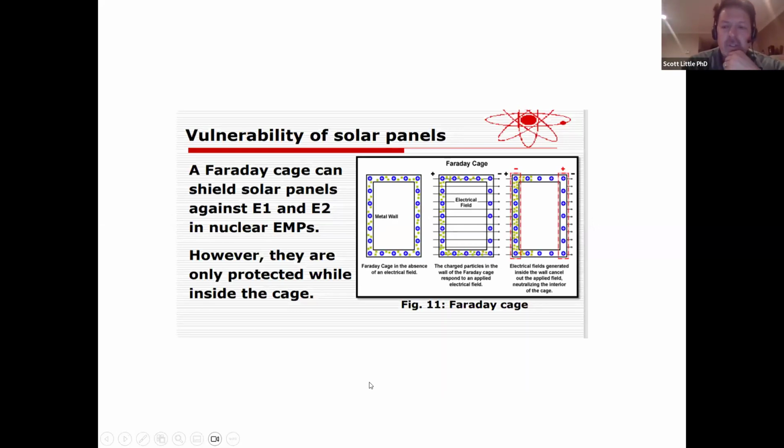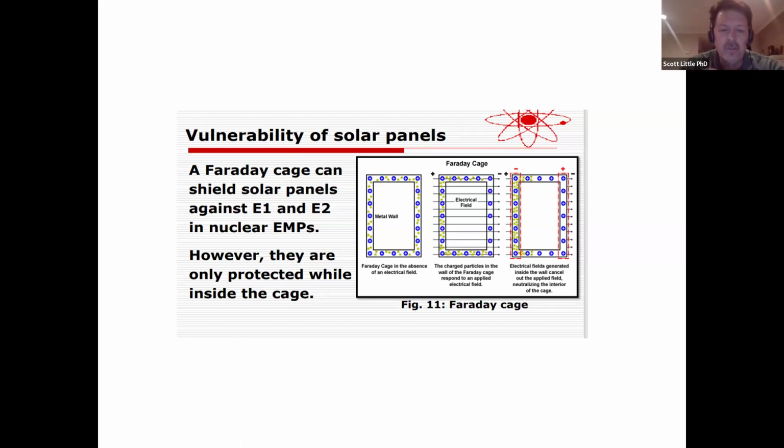Okay, so talking a little bit about solar panels, there's ideas where they create what's called a Faraday cage around the solar panel. If you look at the diagram, what they're doing is putting a kind of shield around these solar panels, and they're still able to collect the solar energy, but they're shielded at the same time. So what's happening is that the fields inside the wall of that shield are actually canceling each other out, and that's neutralizing it.